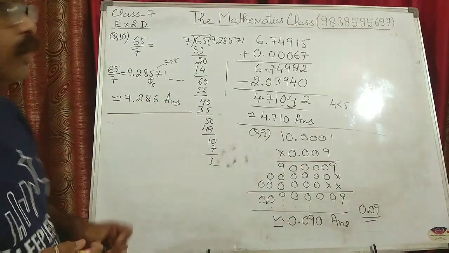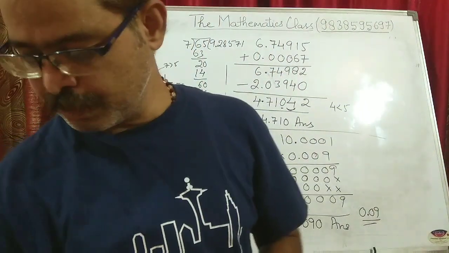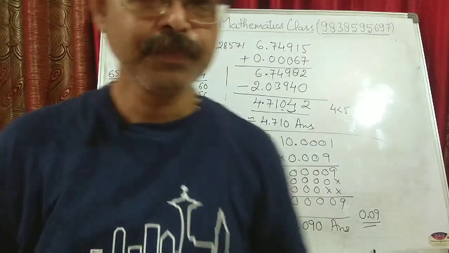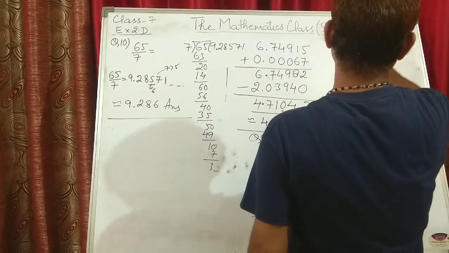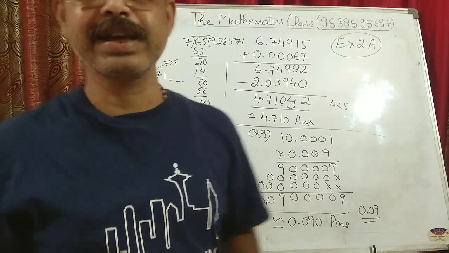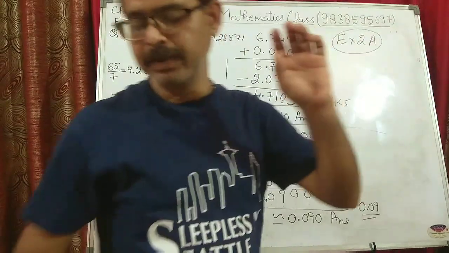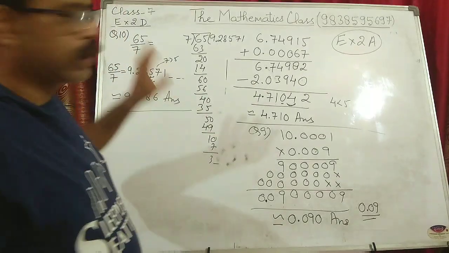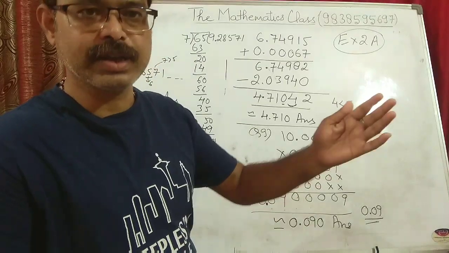So by now we have finished the whole chapter of fractions and decimals. Now I will be taking a class for exercise 2A, because I was getting a few comments, a few students wanted exercise 2A also to be discussed. So I'll be discussing 2A and I'll be telling you which questions you have to do in your fair notebook. But for now, whatever we have done here needs to be in your fair notebook, chapter wise and according to the exercise.